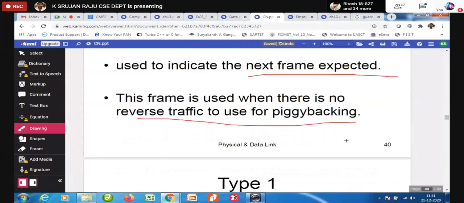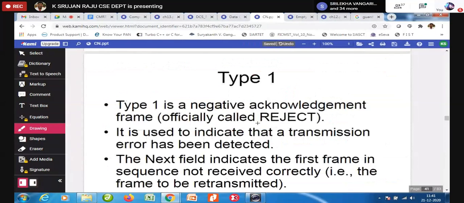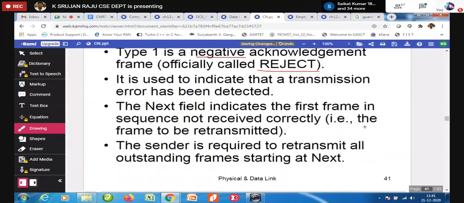Then type 1 is officially called reject, negative acknowledgement. Type 1 is for negative acknowledgement. I am not ready. It is used to indicate that a transmission error has been detected. The next field indicates the first frame in sequence not received correctly, so that frame can be retransmitted, and the sender is required to retransmit all outstanding frames starting at next.